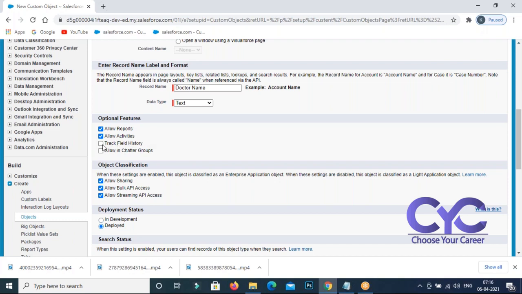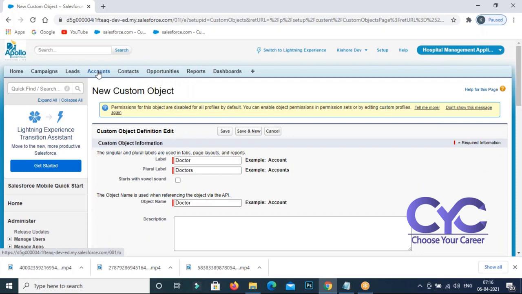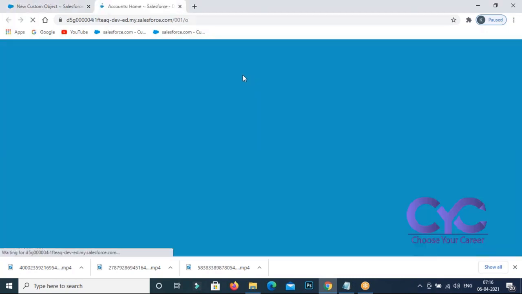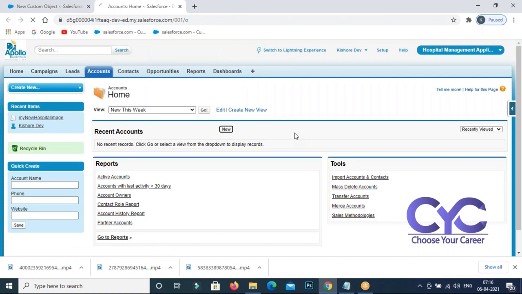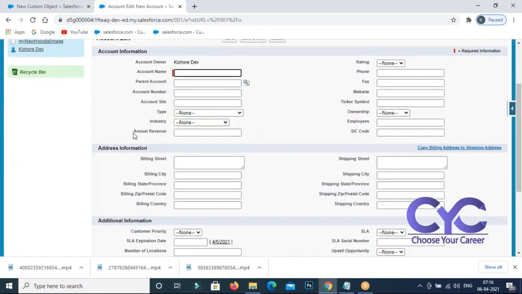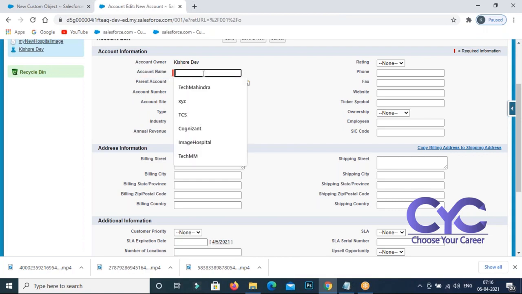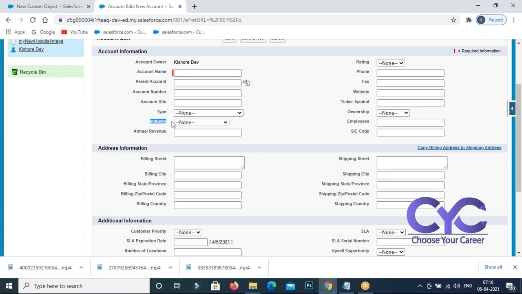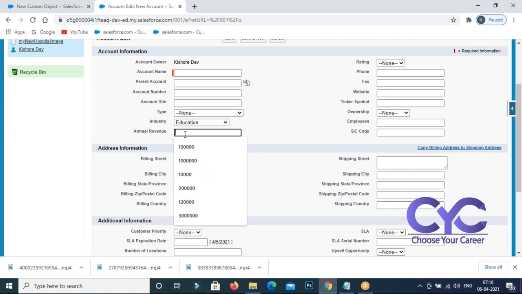It's a field. What is the meaning of field? Look at here. Go to the account object again. Go to New. See that it is a field. To create every field, a specific data type is needed. If you go to Name, it's text data. If you go to Account Number, it is number data; numbers only you need to enter. Here, alphanumeric values you need to enter. Industry is a pick list; only one value you are going to pick. Annual Revenue is currency. Every field has a specific data type.